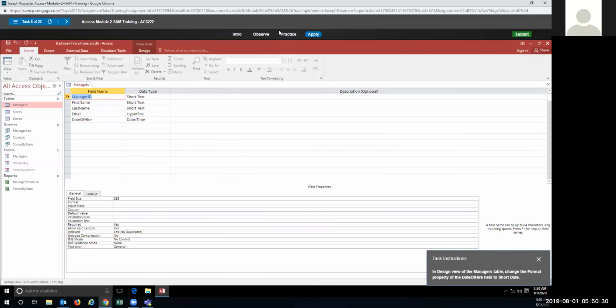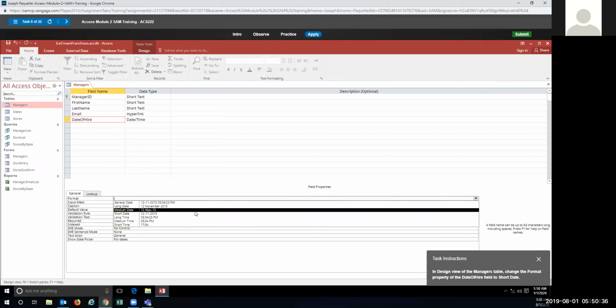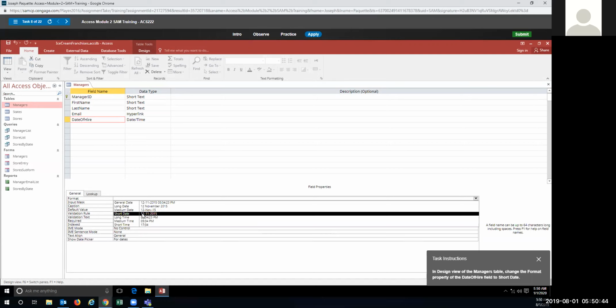Right. So we want to change date of hire. Then we want to change the format of the date to show month, day, year. Although on here, if you look at these two, that would look like it was day, month, year, but